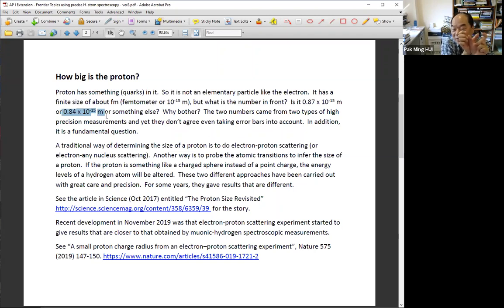But the experimentalists carry this out highly accurately. The error bar has been shrinking, and the two sets of results don't even overlap within the error bar. So there is an issue here, okay? So it has been developing. Again, I give you a few links. Up to here,